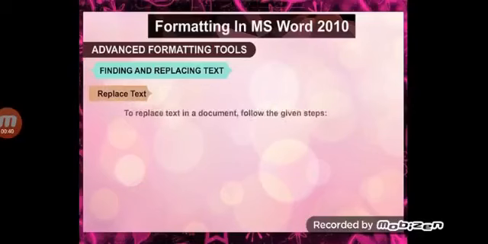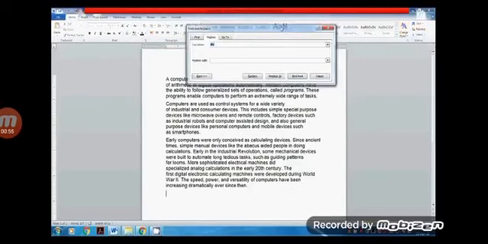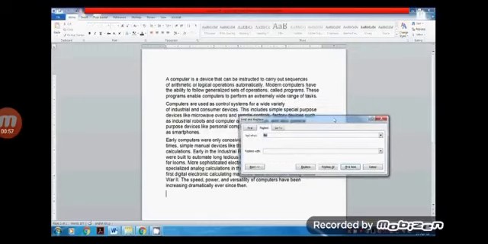Now the next topic is replace text. To replace the text in a document, follow the given steps. From the Home tab, click the Replace command. The Find and Replace dialog box will appear. Type the text you want to find in the Find What field.